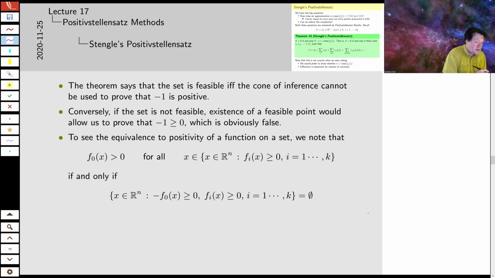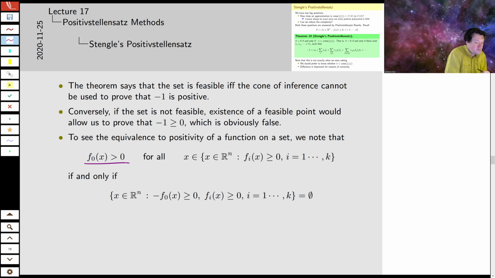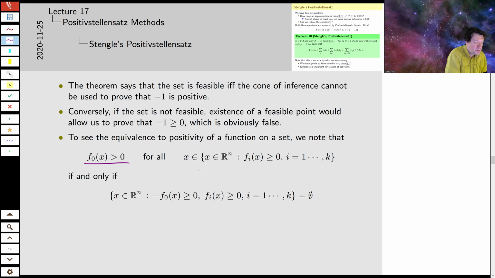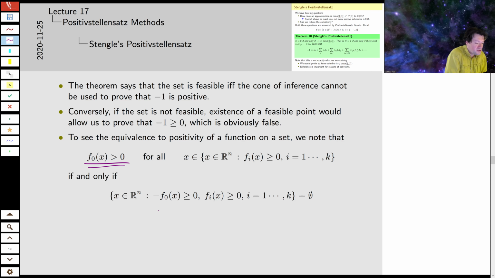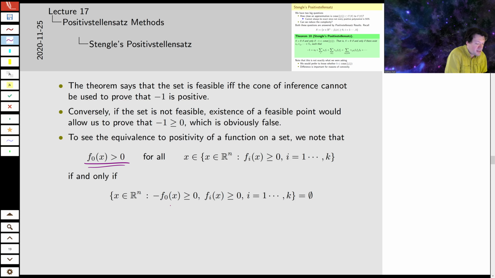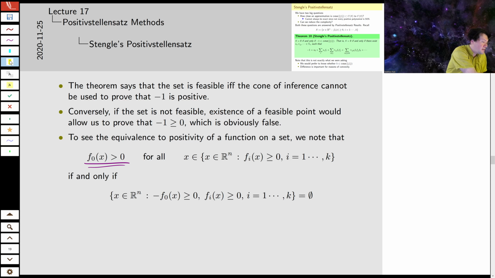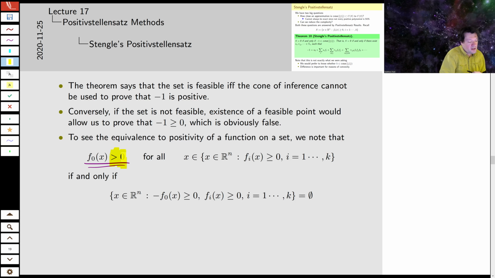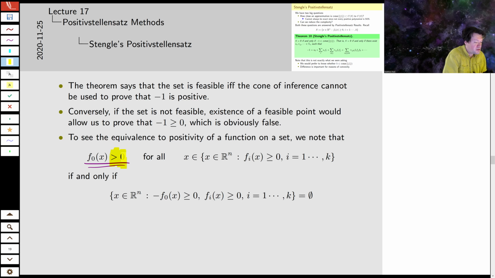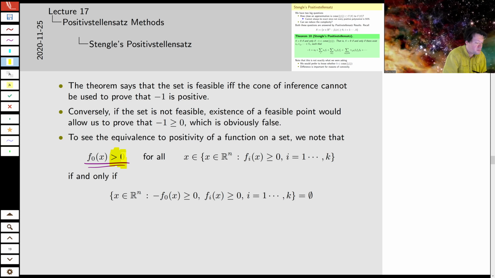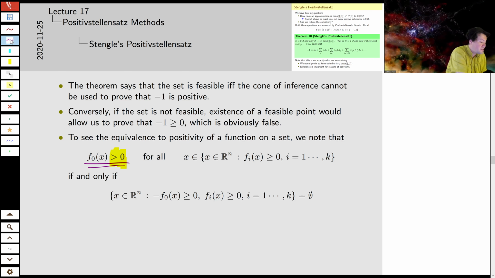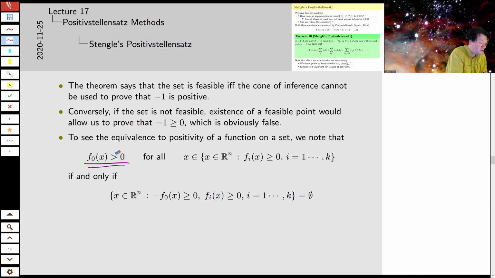So if we're looking then for positivity of a function on a set, if we want to show that f is positive on a set, then that is equivalent to infeasibility of the set of points x such that f is less than or equal to 0. And here I want to highlight the positivity point, because when we convert this to the pure geometric representation, we've lost that negative definite or positive definiteness, positive semi-definiteness, right? So this is not less than or greater than or equal to, it's greater than 0,